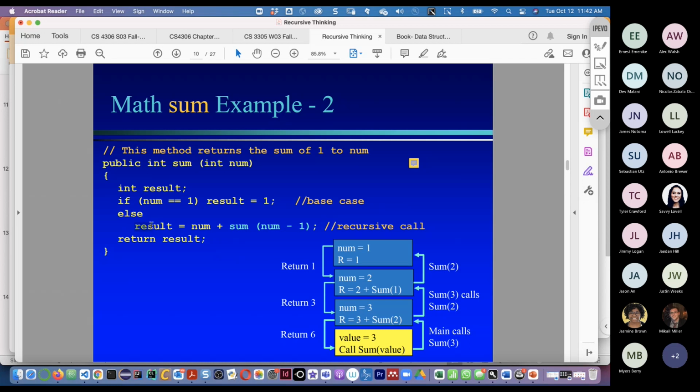here the recursion happens. Result equal to num plus sum of num minus 1. So this is the recursive call. The recursive method will call itself until it reaches this base condition. So if number equal to 1, the result will be 1. If number equal to 2, then the result will be 2 plus sum of 1. What is sum of 1? We know from the previous step, whenever number equal to 1,